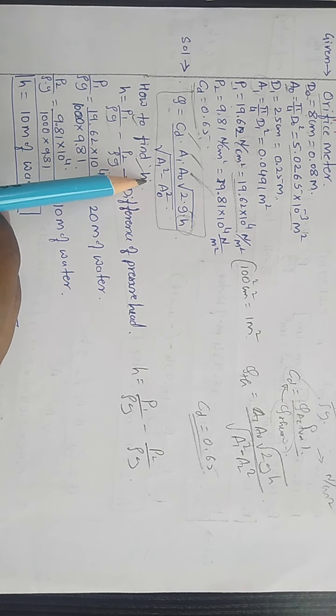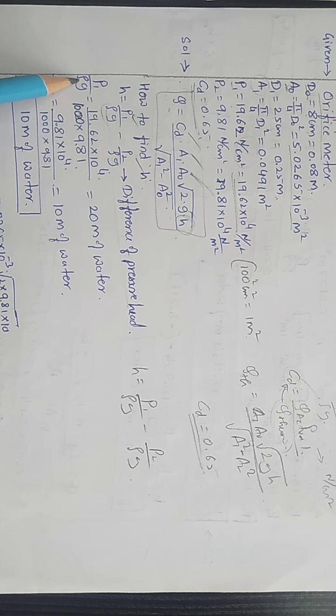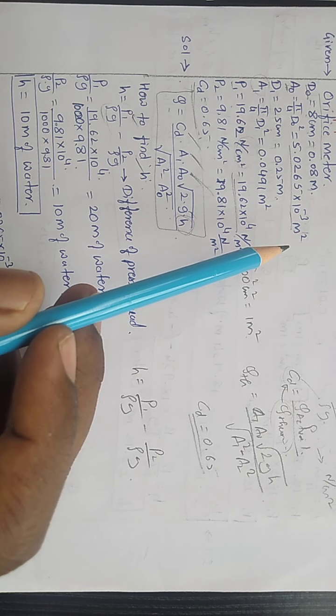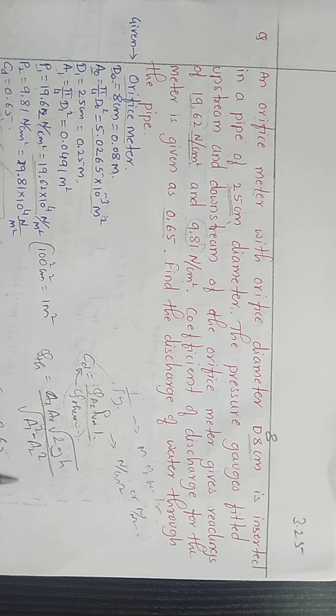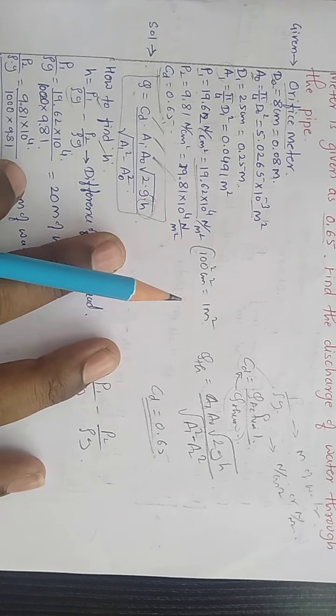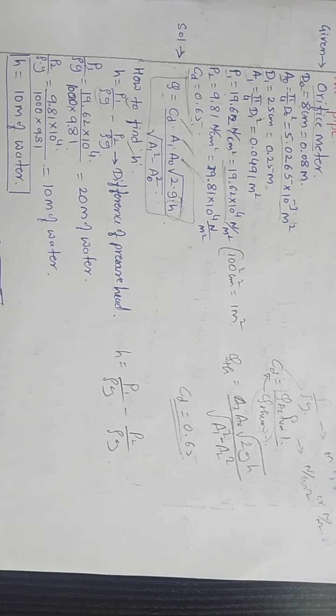So they have given us P1 and P2, and we have to convert this pressure into pressure head. This P1 we have to divide by rho g. Since we are using water, that is one more thing. In this problem he has given it as water. If nothing is given, you assume it as water. If anything else is given, they will specify the specific gravity, and accordingly you can substitute the value of density.